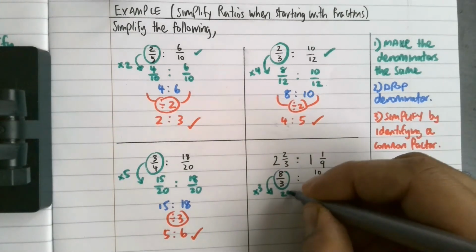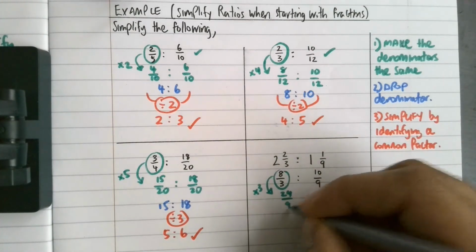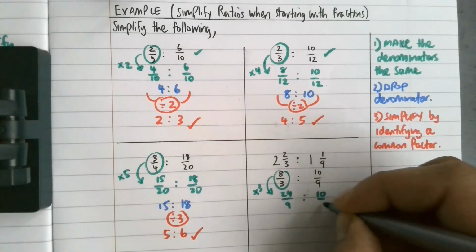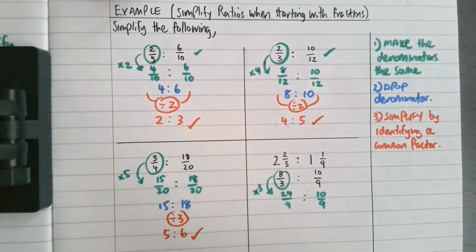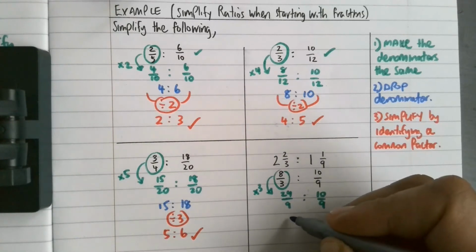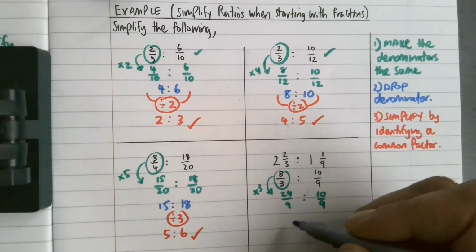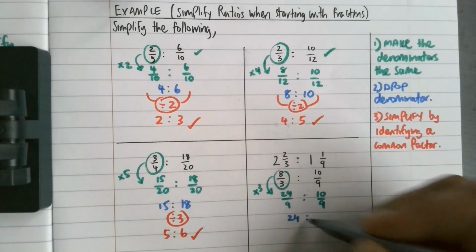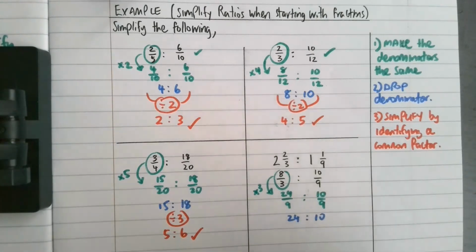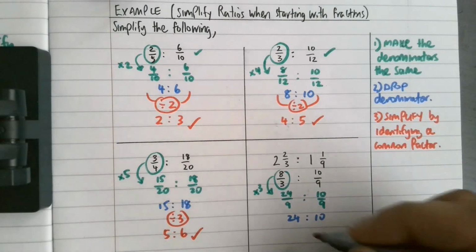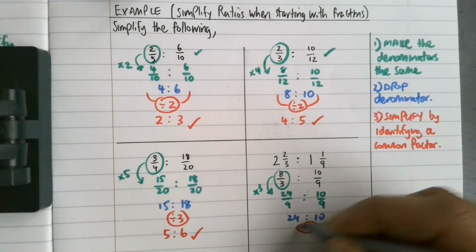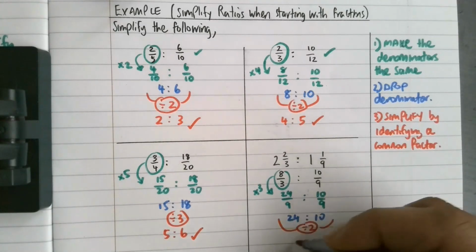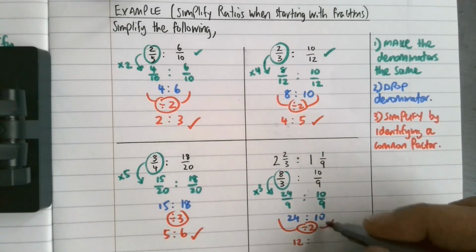Now I've got to make the denominator in the first fraction the same as the one in the second. So I multiply the entire first fraction by 3, so I get 24/9. Denominators are the same, so I can drop the denominator and write as 24 to 10. And then I just need to identify a common factor and simplify. The common factor is 2, so when I simplify, I end up with 12